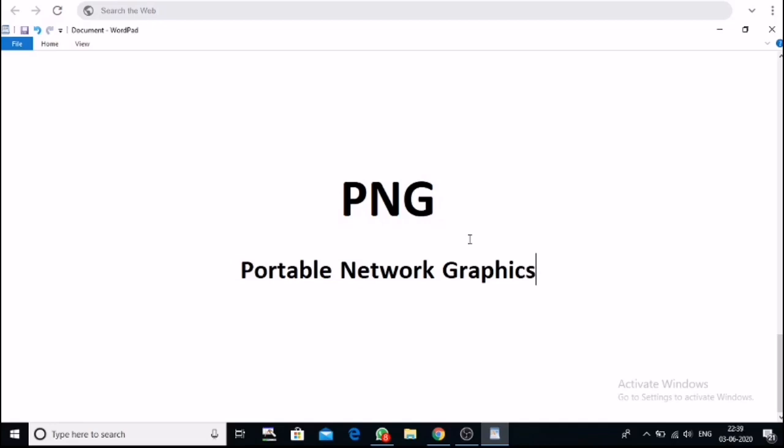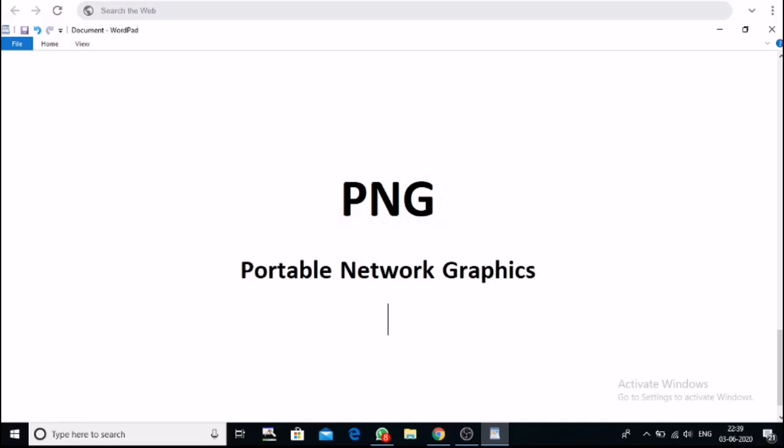When you see the edges of the images in GIF, they will be pixelated, but in PNG it will not happen, right? The edges of the images will not be pixelated, they will be smooth, right? That is PNG.